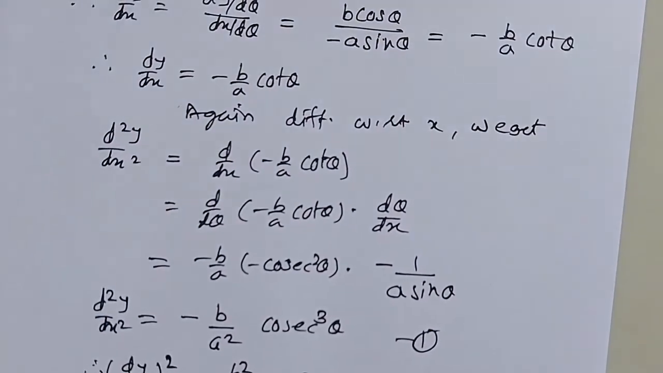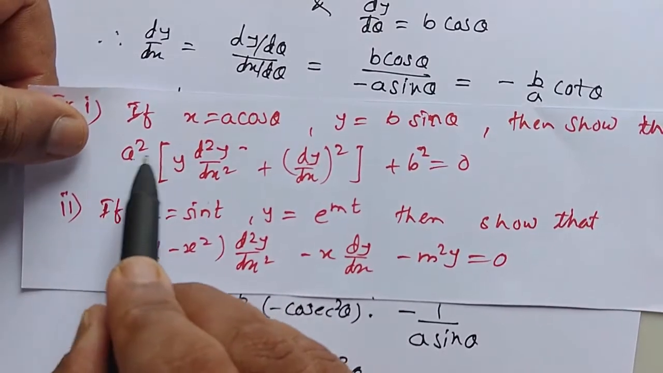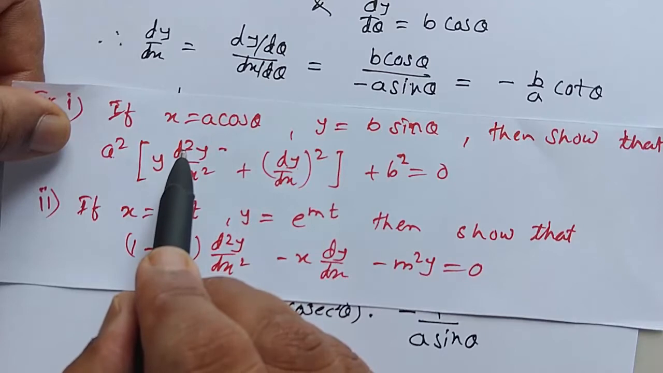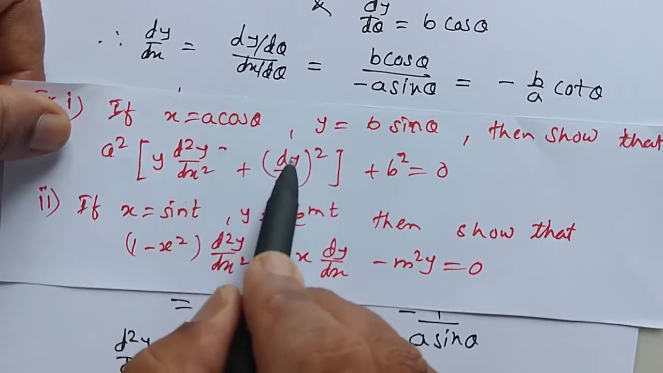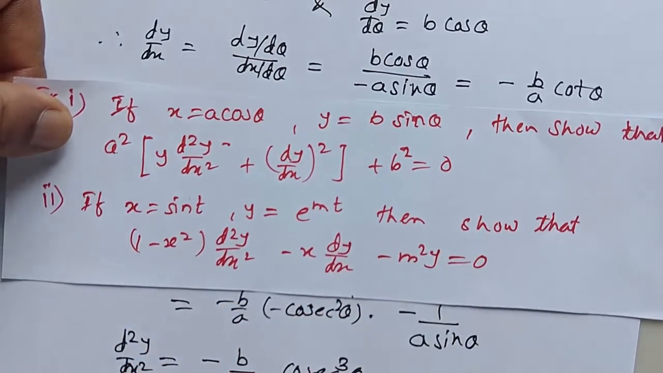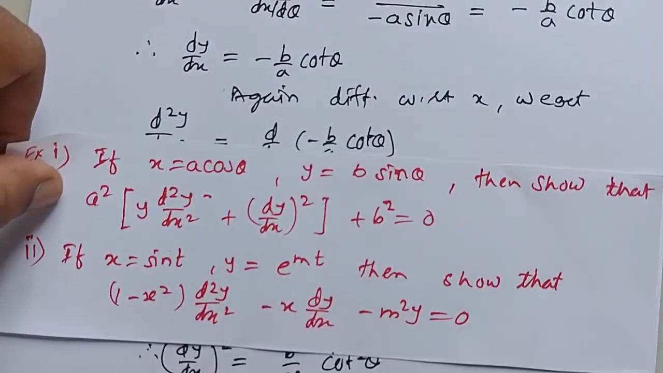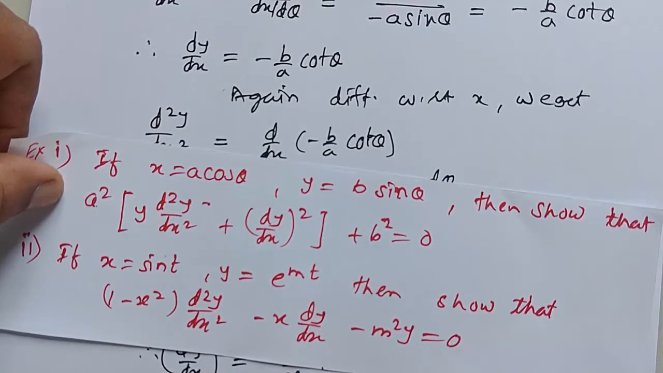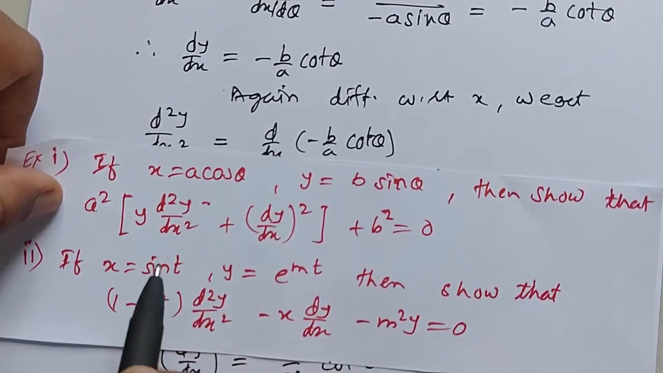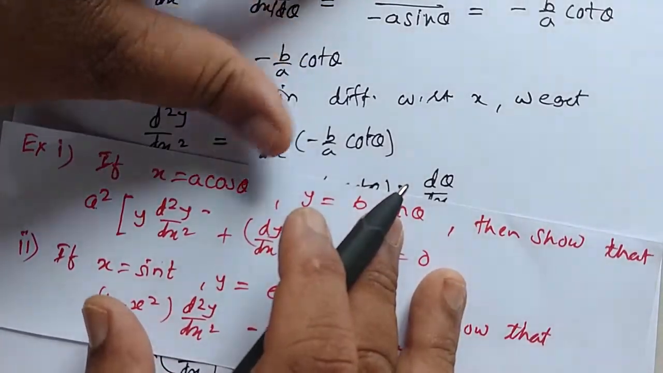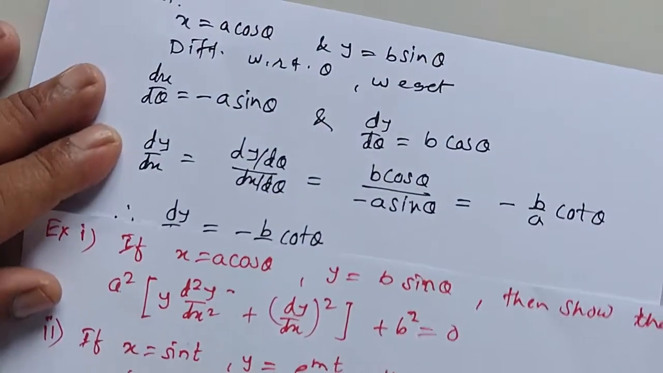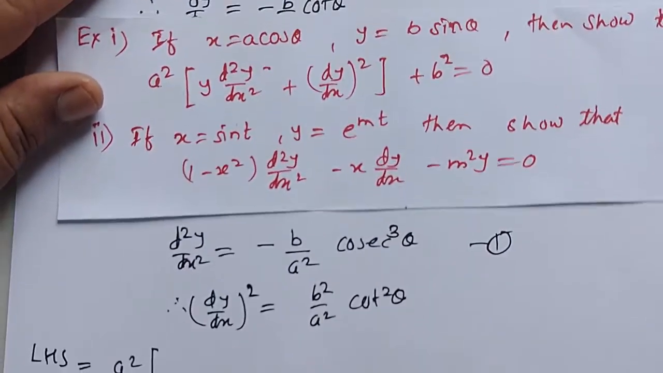Now we have to prove that a square into bracket y into d2y by dx square plus dy by dx bracket square plus b square is equal to 0. So we take LHS. LHS is equal to a square bracket y. The value of y is b sin theta. Taking that y is equal to b sin theta,